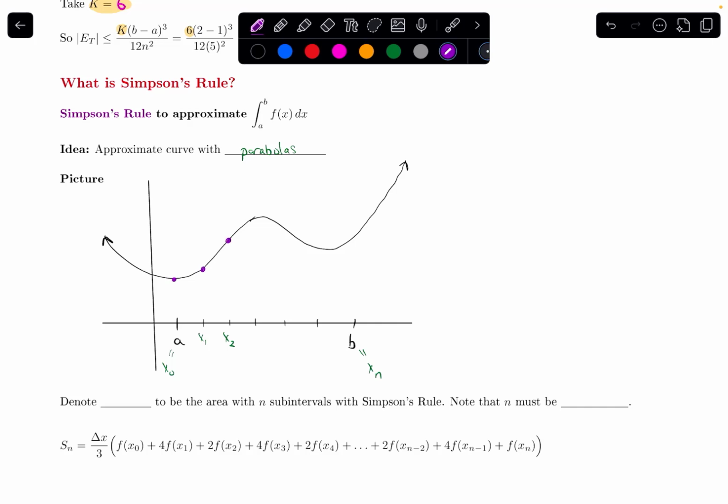If I do my best to connect those 3 points with a parabola, it might look something like this, and then it goes up, and it does something like that. So I'll have a parabola like this. The parabola is pretty close to what the curve is. All right, and then let me draw 3 points in this next set of 2 subintervals. So I'll draw this one that I already have, then this one, and then this one. If I connect those with a parabola, we'll get a downwards facing parabola. That might be something like